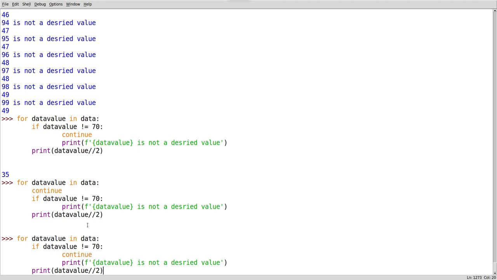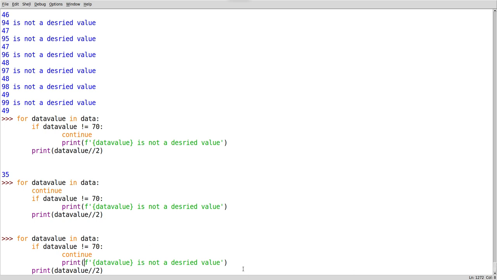Now it will search until it finds 70, and the moment it finds 70, it will say, boss, I found 70, now I am multiplying him. Now this is not my desired value, so I am dividing him. Once I am dividing him, I am done. I don't want to come from there to here.